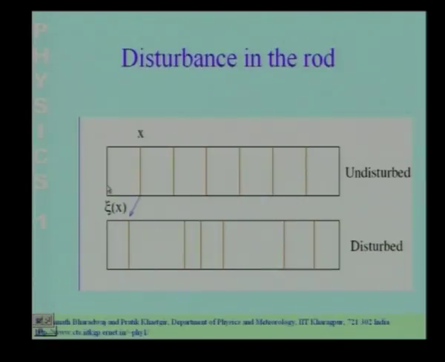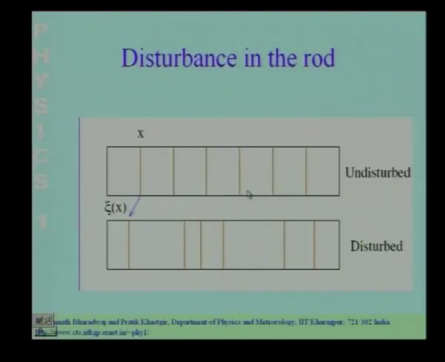So, if I have drawn lines in the elastic medium when the medium was undisturbed, the moment I have a disturbance, these lines have been moved around. So, this element over here has moved here, this element has moved here. So, this introduces compressions, this has got compressed, this has got rarefied, etc. The displacement of each element we denote by xi x, and the displacement varies, it is different at different points